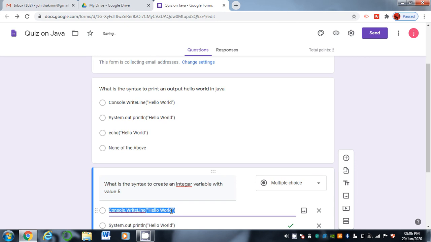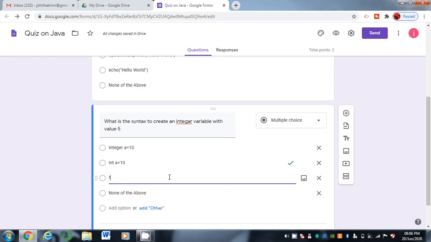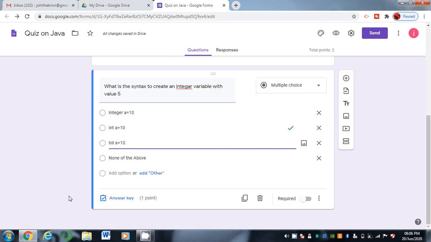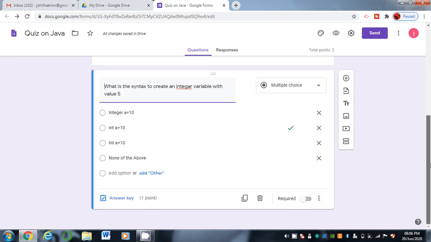So for example, int a = 10, int a is equal to 10, and a = 10. The last one is none of the above. And again make an answer key. So this one, int a = 10, is correct, and again you can give the point value for this question, and make it done.